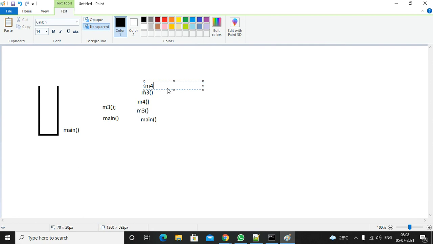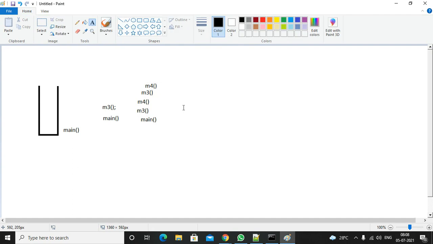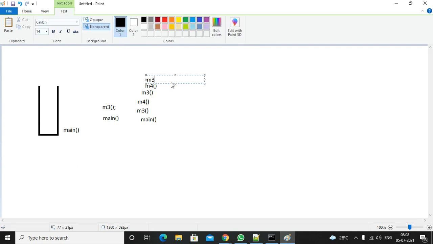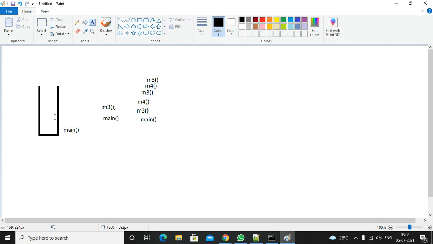From M4 you call M3 again, from M3 you call M4 again. Like this the process will continue and it will not end. This is recursive method calling. So what is the stack size? Some limit will be there, which means the stack will overflow. That's why you are getting the overflow error.